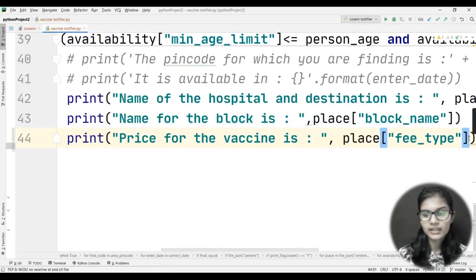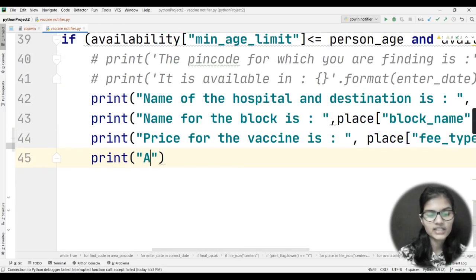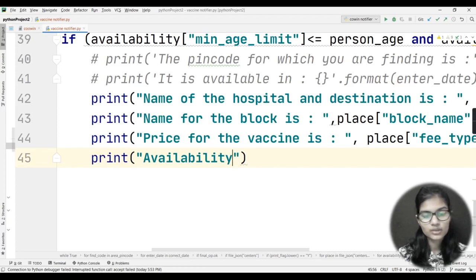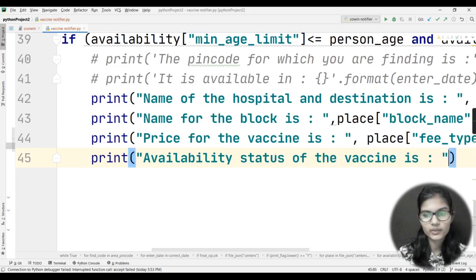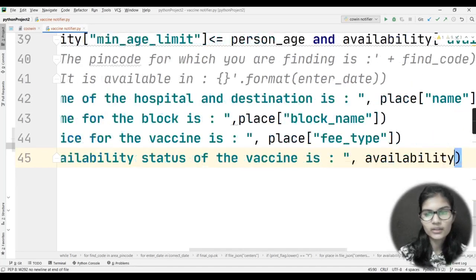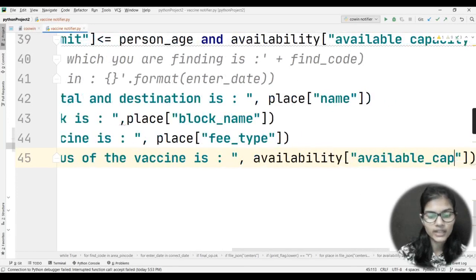Again I would come on to the next line here, and use my print statement, and in that print statement I would check the availability, that is, whether the vaccine is available or not, and which vaccine is available, Covaxin or Covishield. So availability status of the vaccine is, again put a comma, and now use the variable availability in the bracket, available underscore capacity.